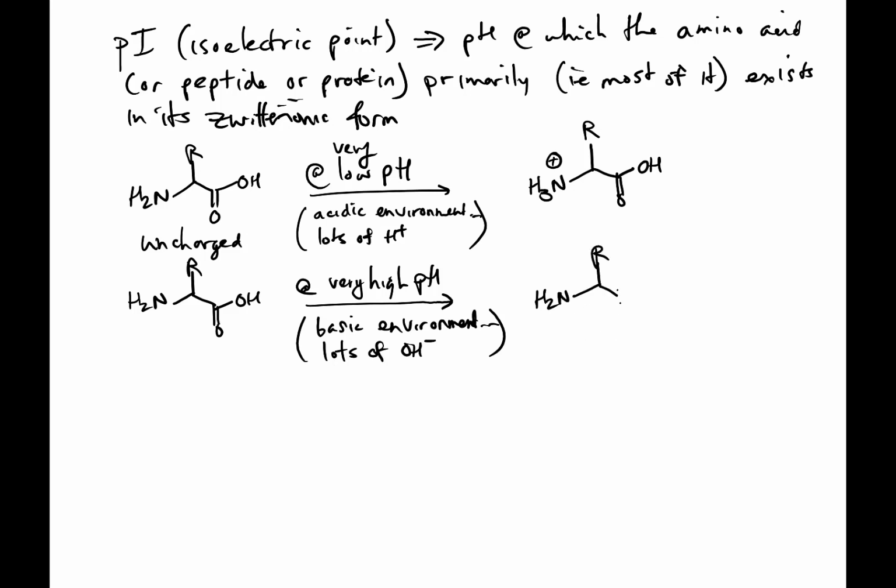Here's the R group, and now I have my carboxyl group that has become, again, something we've discussed, a carboxylate group. And I suppose we could write plus water, but that's beside the point. So this is the negatively charged form. We have a positively charged form of an amino acid at really low pH, a negatively charged form at really high pH, but then there's somewhere in between. It's not always at pH 7. A lot of times we would guess that it's at pH 7. It's not always true for reasons we won't get into, but there is a pH at which, we'll just put, its isoelectric point,